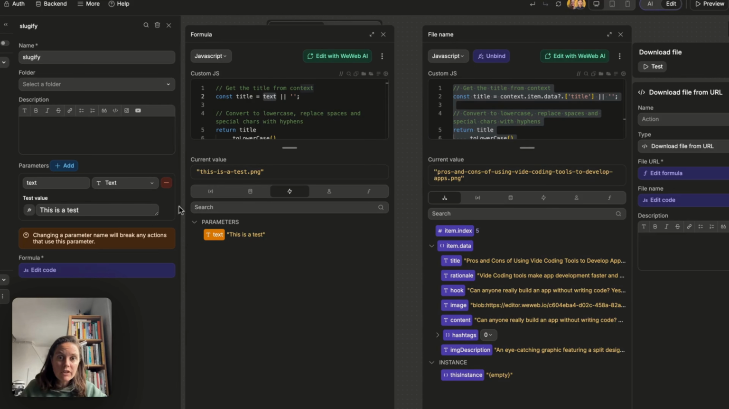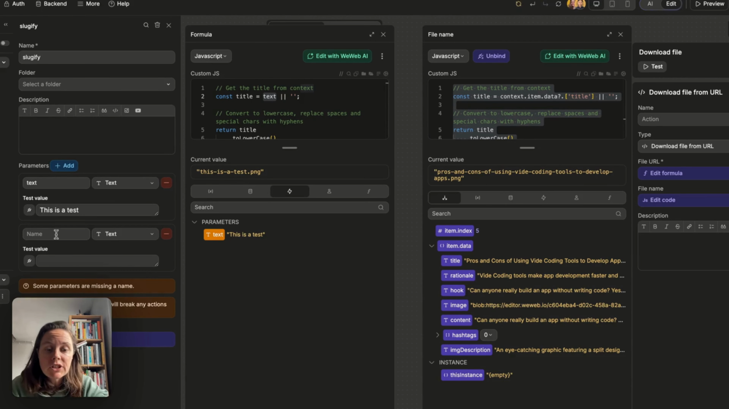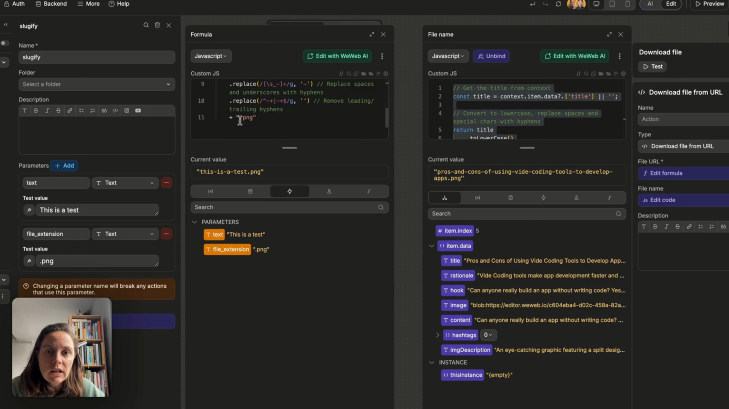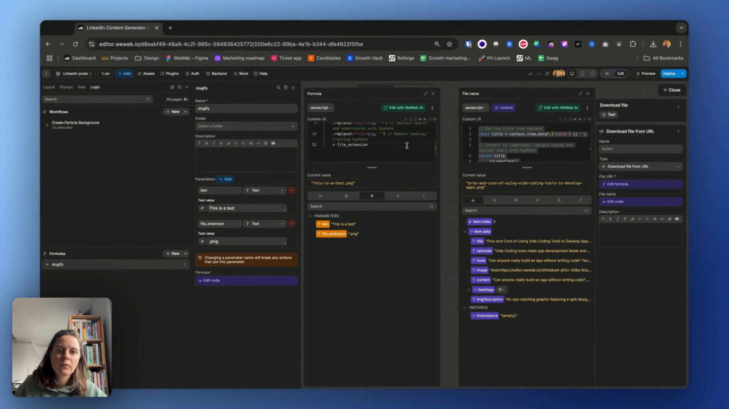All right, now I have this as a test. It's working fine. Actually, I could also say file extension, and I'm gonna say the test value is .png. And here at the end, I'm gonna replace this by this. There we go. Now that I have this global formula,